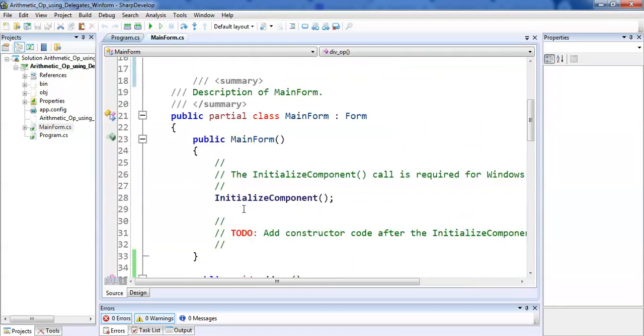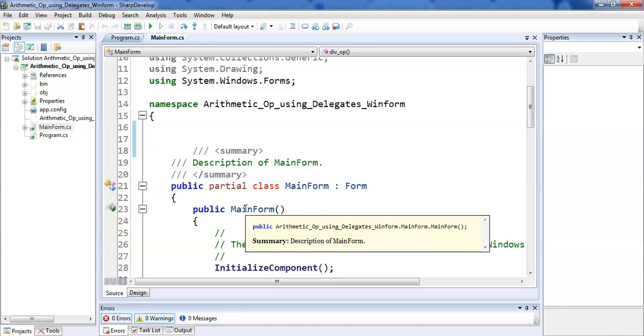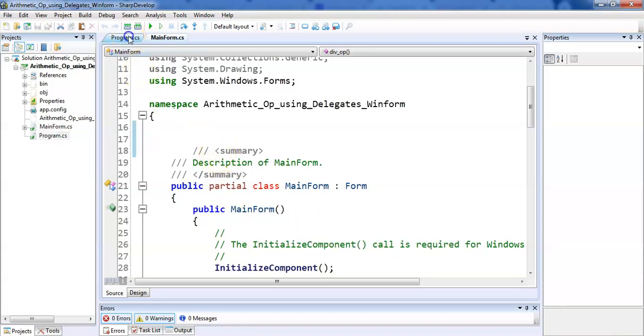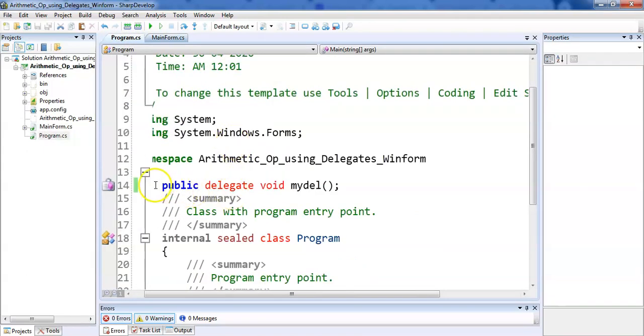And finally, what are we going to do? Now here we are going to use the delegates. To use a delegate, we first of all need to declare it. So here we have declared one delegate like public delegate void mydel.